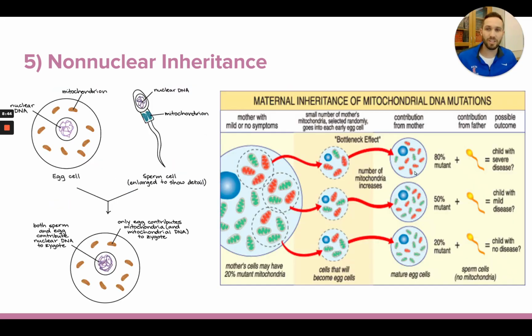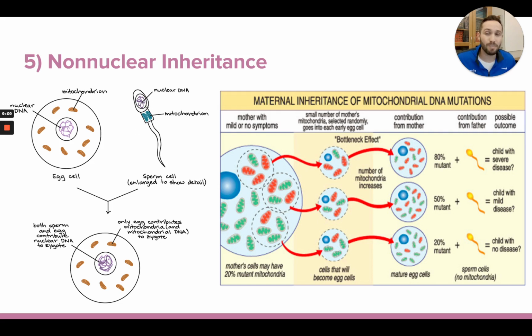And so here's a picture kind of showing you what I mean by this. Egg cells have mitochondria in them. This mitochondria has DNA, and these mitochondria were copies of the mitochondria that your mom has in her cells that were used to make this egg cell. The sperm actually also has mitochondria in it from your dad. This is mitochondria that your dad has, and that's in the sperm cell.